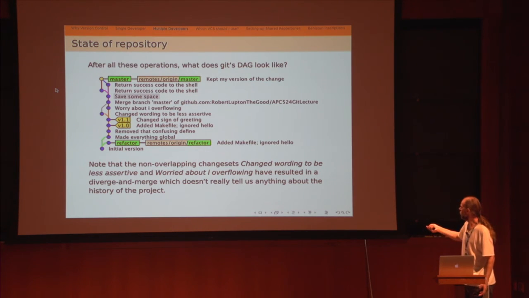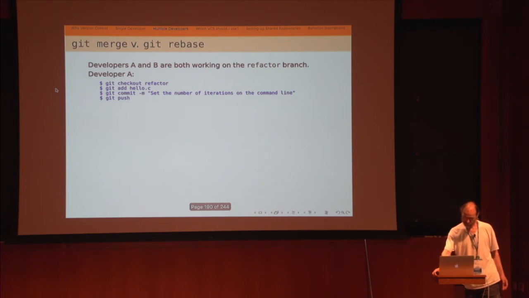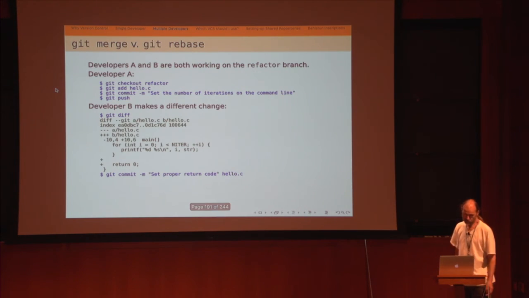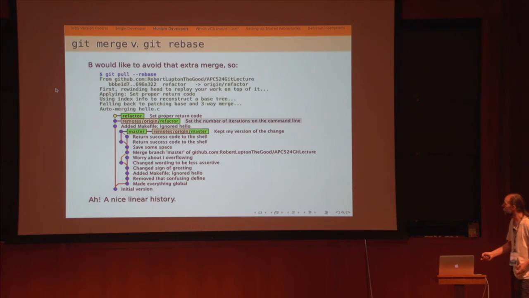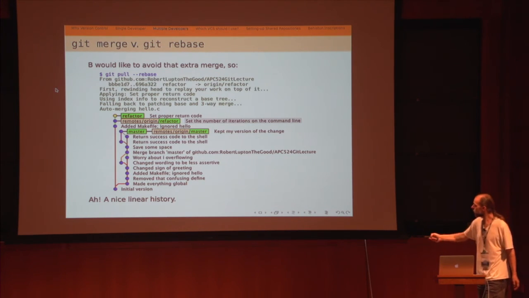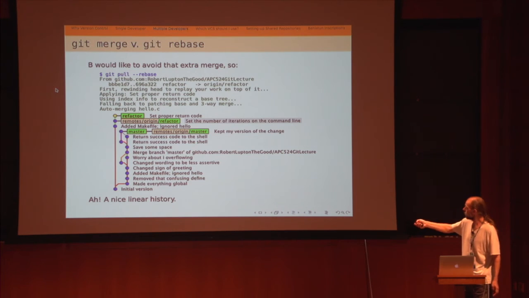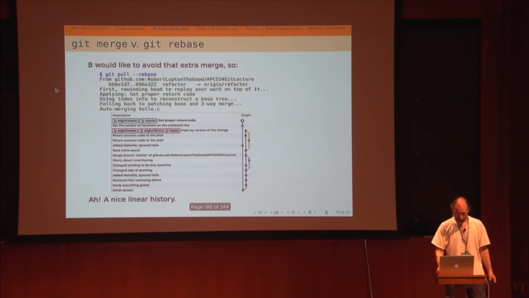There are ways to get around this, which I'm not sure I'm going to cover. The answer is you can use rebase to do this. I'm not going to talk a lot about that. But by being slightly more careful and using rebase rather than merge, you can end up with a DAG that looks like this, and it's much easier to read. The reason people like linear histories is because it makes it easier to cherry pick things, to merge things, and such like.